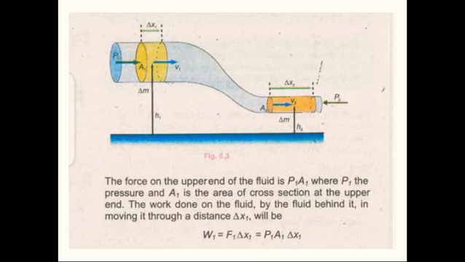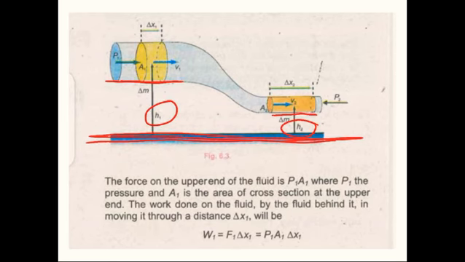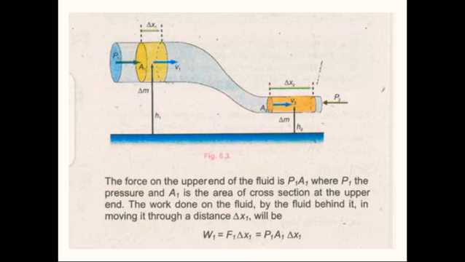We have taken a part of this pipe, delta x2, while delta m is the mass of the fluid that is in delta x2. And one more thing here is height. You can observe here h1 is the height of the upper end and h2 is the height of the lower end from the ground. This is our mean position from the ground. H1 is higher as compared to H2. So in the Bernoulli equation, as I have told you, we will discuss that the sum of pressure, kinetic energy and potential energy of a flowing fluid remains constant.